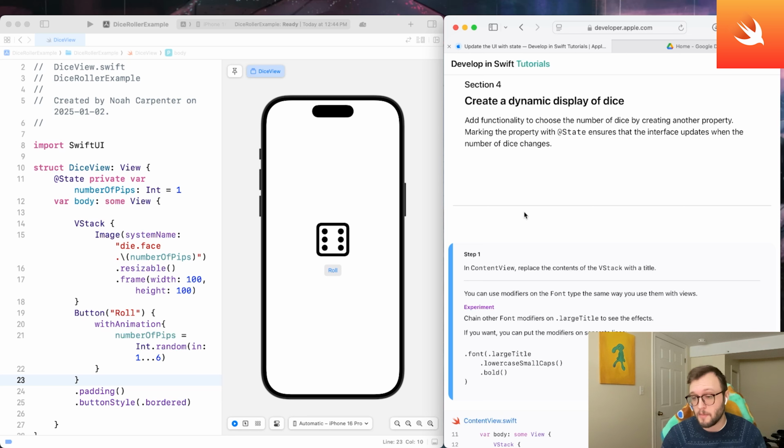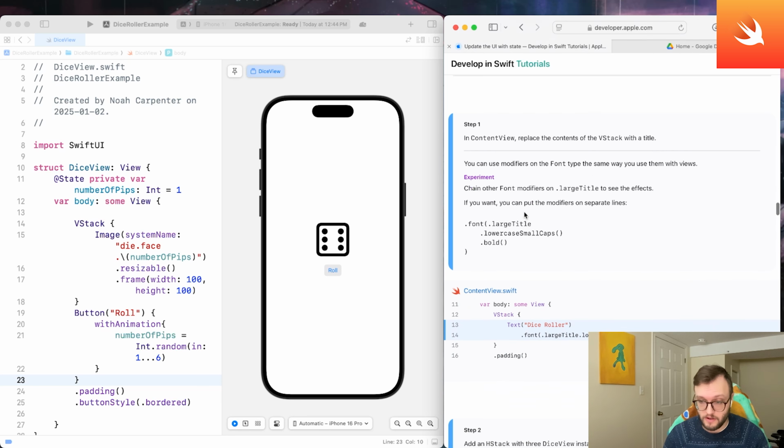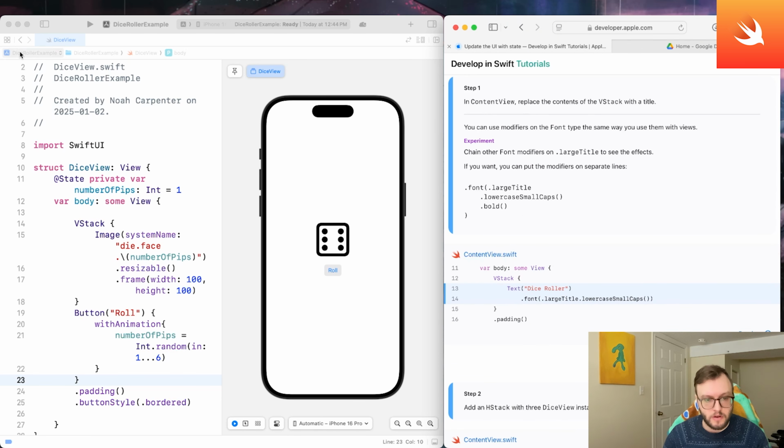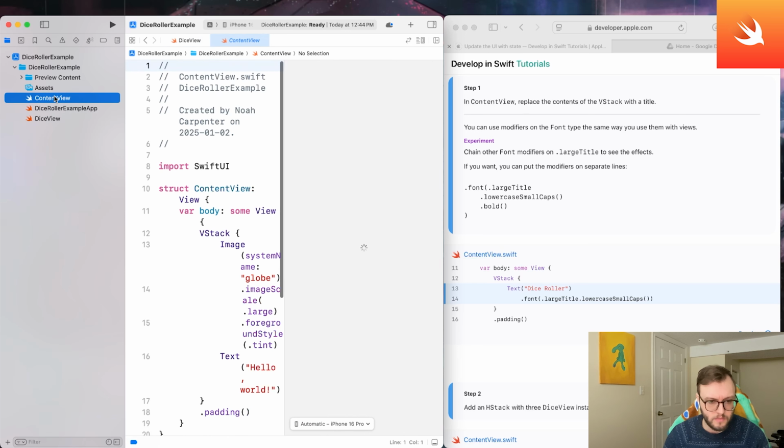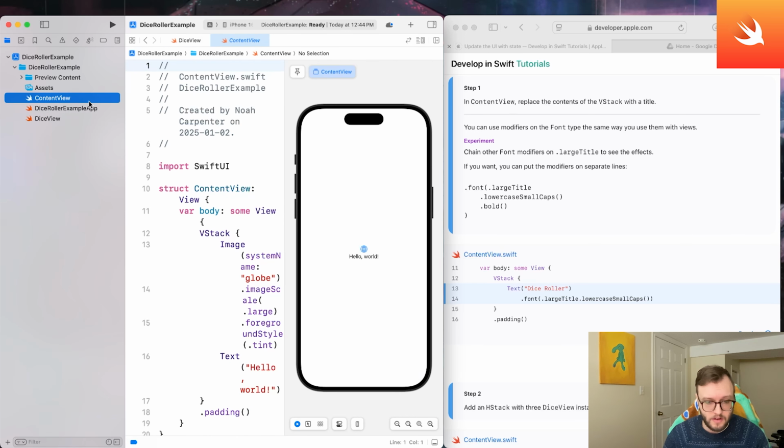Now we're going to create a dynamic display of dice. So add functionality to choose the number of dice by creating another property. Marking the property with @State ensures the interface updates when the number of dice changes. All right, so we're actually going to go back to our content view here. I just have mine hidden so we get some real estate. So now that we're back in our content view,